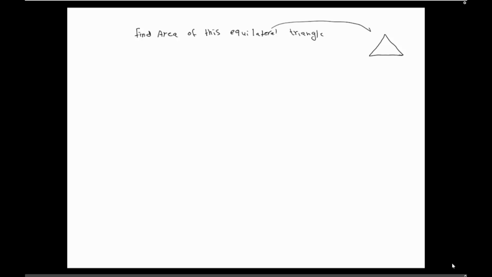So this is our equilateral triangle, and by equilateral triangle we mean the triangle that has three equal sides. So if this side is x, then this side will also be x, and this side will also be x. So basically it has three equal sides. I know it's not the best triangle you have ever seen, but I'm not that good at drawing. So yeah, we have our equilateral triangle, and it wants from us to find the area of this equilateral triangle as a function